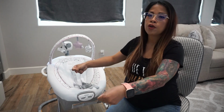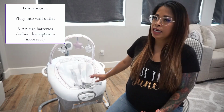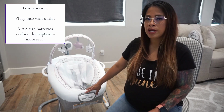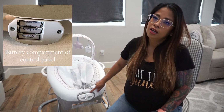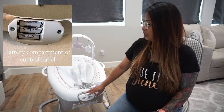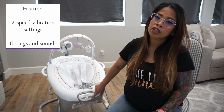Also, looking at the seat itself, on the sides of the seat there are 2 handles, and these 2 handles help you grab onto the seat itself and lift up to remove the bouncer portion. So this right here is powered by a power outlet. It does require a D-size battery, and I believe that is for the control panel, which is on this bottom part right here. On the control panel, we have the vibration control and the song control,